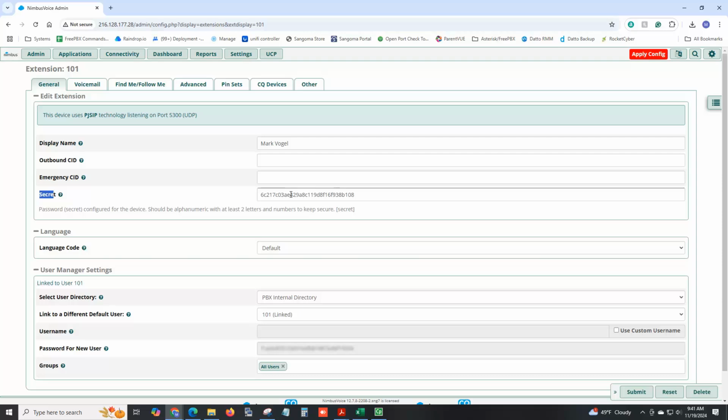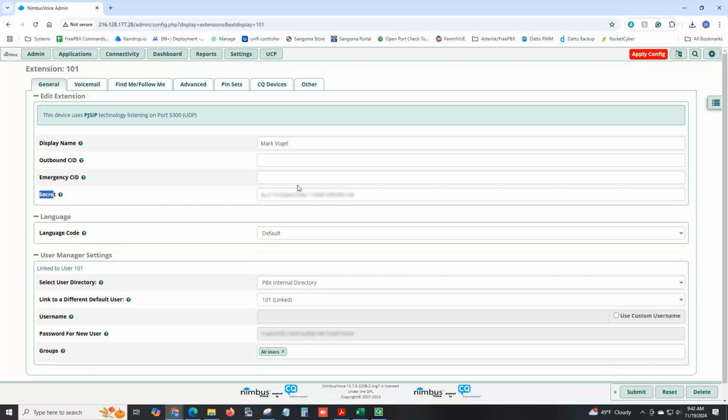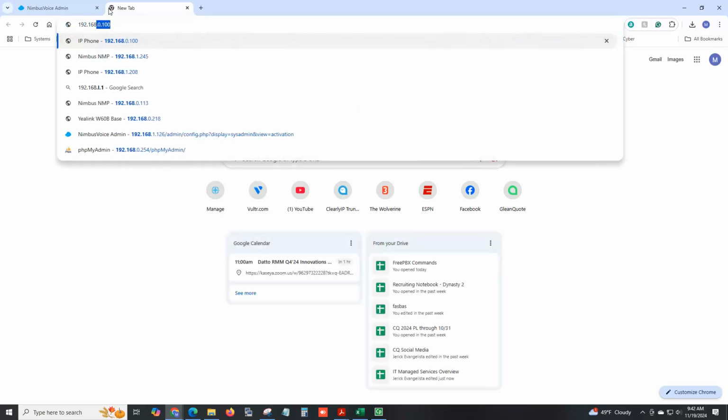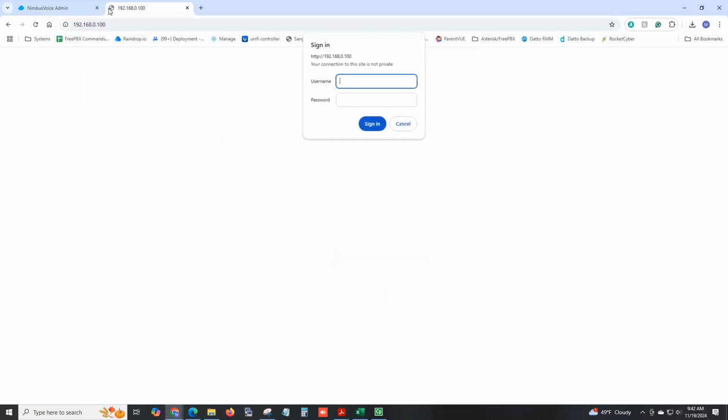So how do we take this information and put it into a phone? First, plug your phone in and find the IP of that phone. This is going to be different based on your model. I just happen to have a test CQ phone here. If I press the check mark twice, I'm going to see the IP address of the phone, 192.168.0.100. And you should be greeted with a username and a password at this point. Simply type this in,